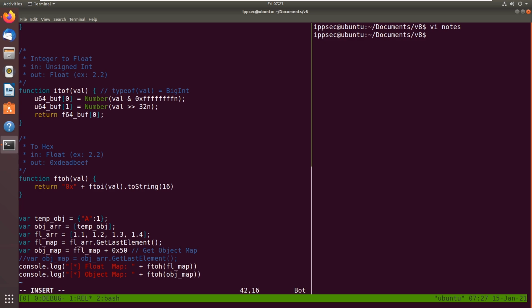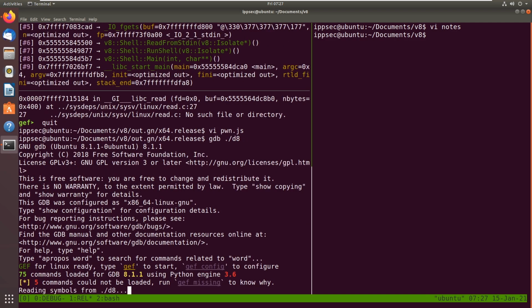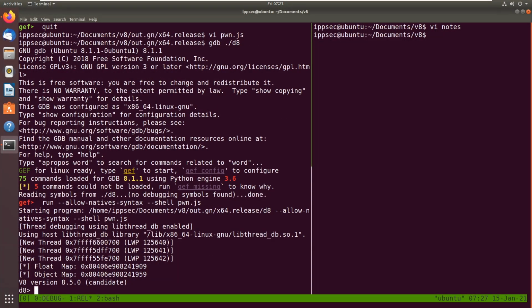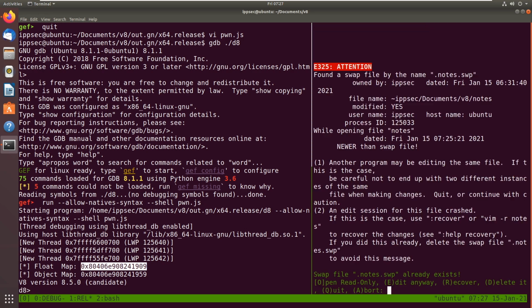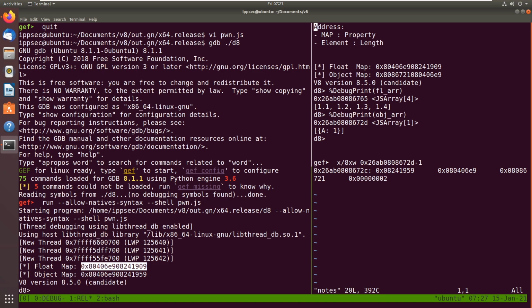So float to integer. So now we got a big int there. And then we can convert this entire thing back to a float. So I to F, like that. That should work. There we go. So object map and float map. I hope I save these notes. I did,